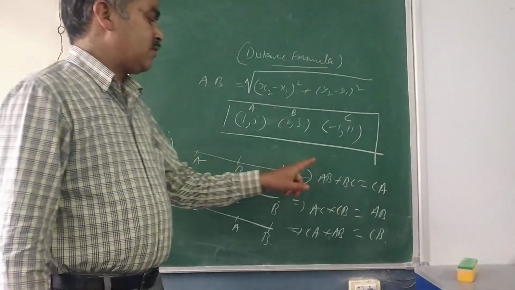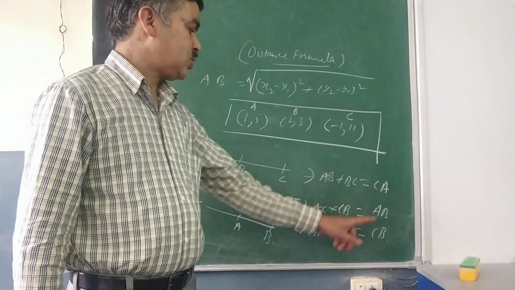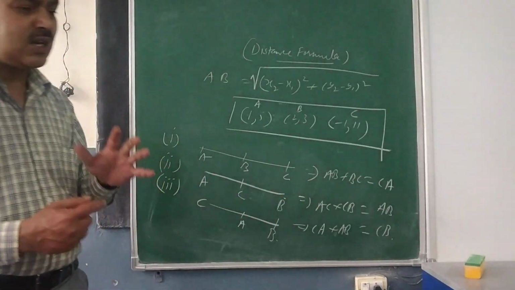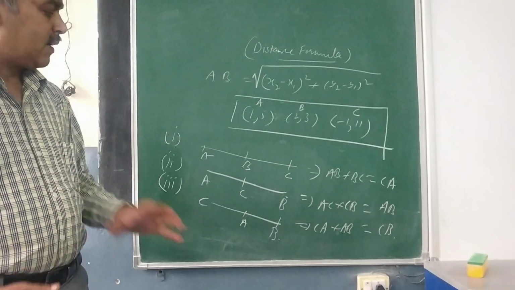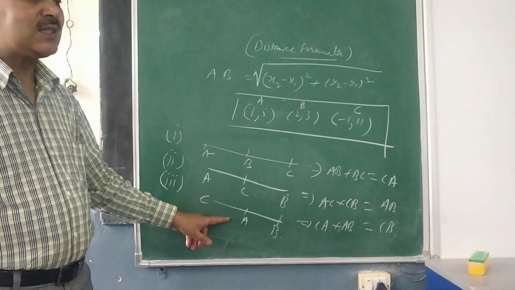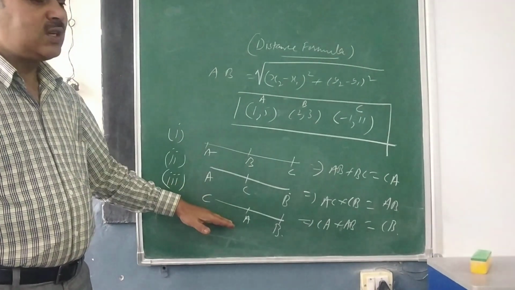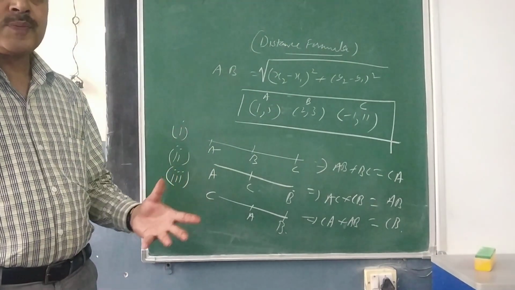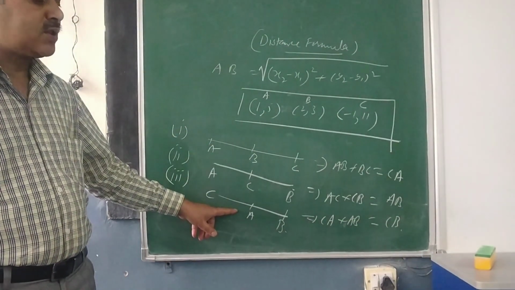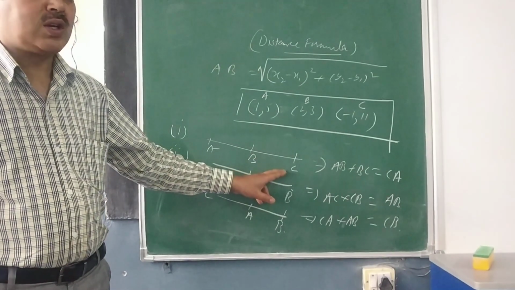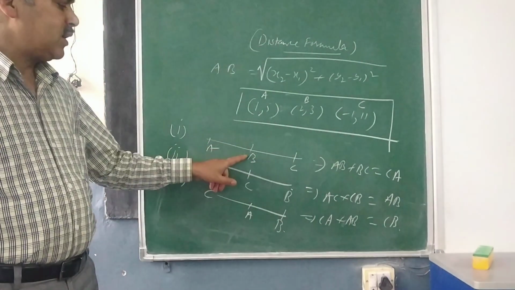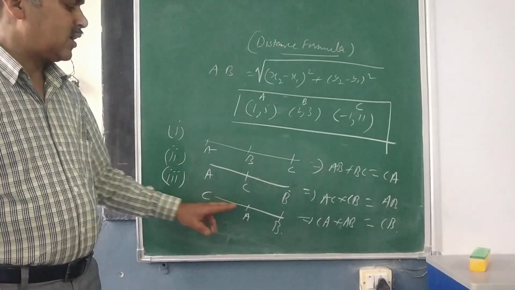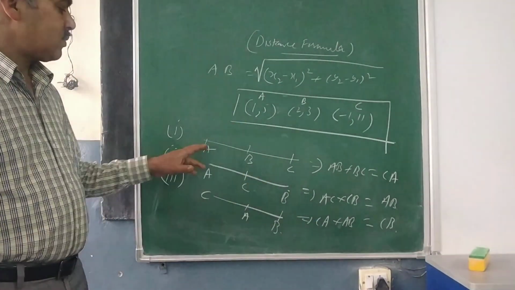All the time I am finding AB, BC, CA. Here also you see AB, BC, CA. So I have to find the distances only once, but I have to satisfy any one out of these three. If any one of these three conditions is satisfied, then the points are collinear. So that is the application of the distance formula to prove the points collinear. When you are taking B in the center, then this condition; C in the center, then this condition; and when A is in the center, then this condition. And all the times coordinates are there.